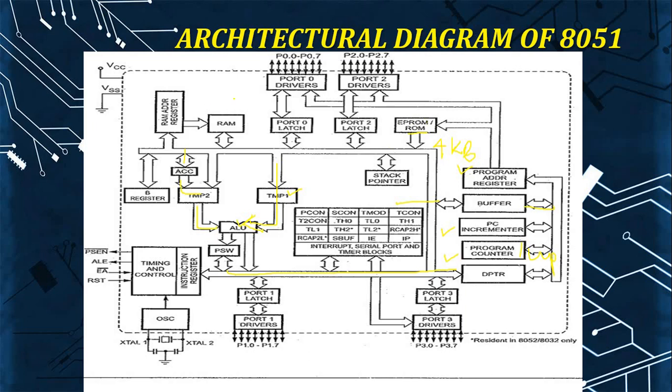When coming to the RAM, in this RAM we can both read as well as write the data. So we have a RAM address register. Where the write operation is performed, we will have address registers. Where we are not performing a write operation, we will not have any registers.